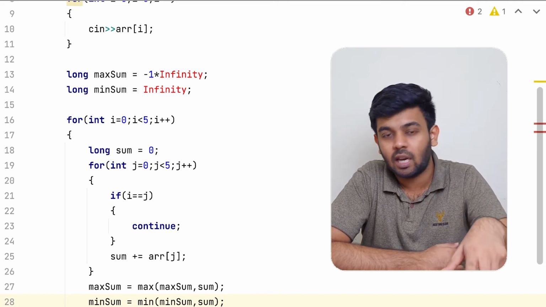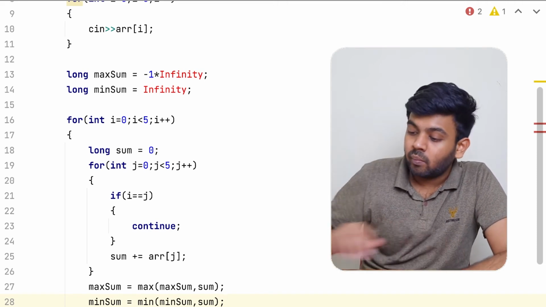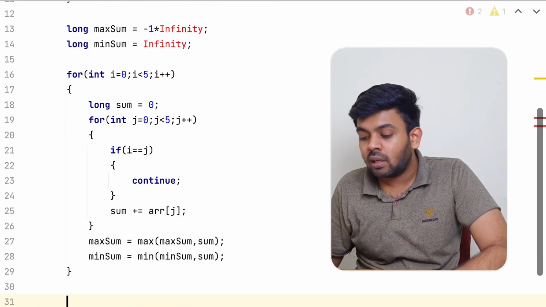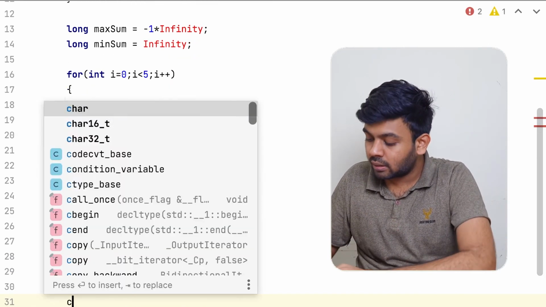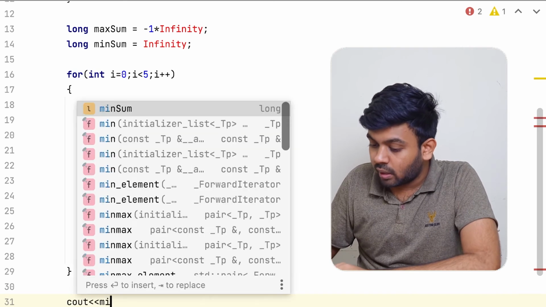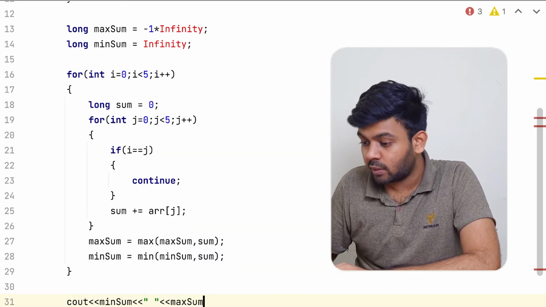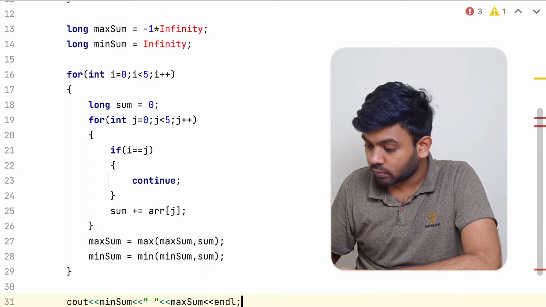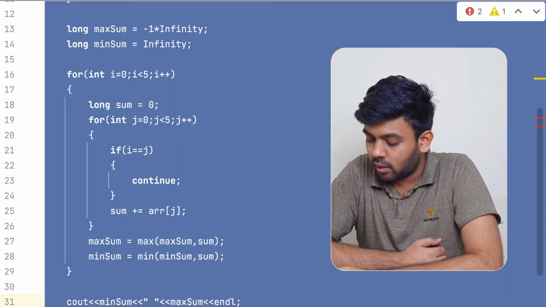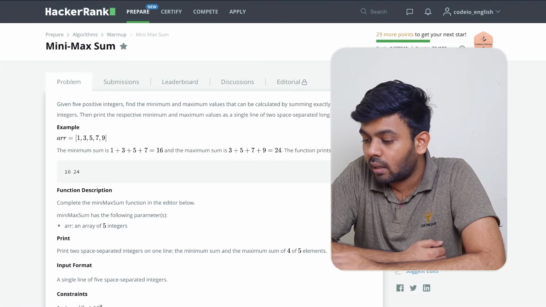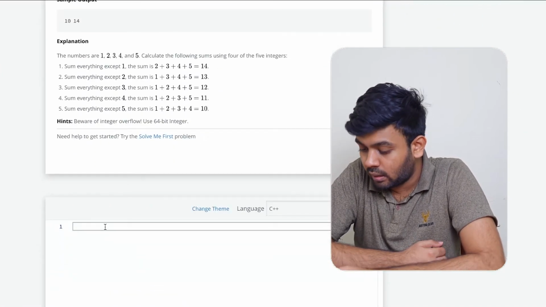So it will definitely be updated, and that is that. Now at the end of the nested loop, you can just go ahead and print the minimum sum followed by a space followed by the maximum sum, and that should be it.